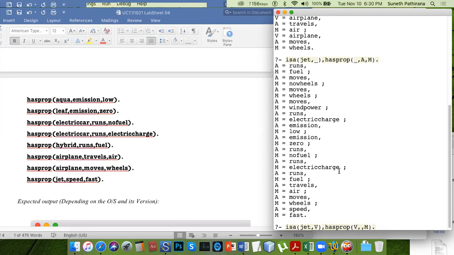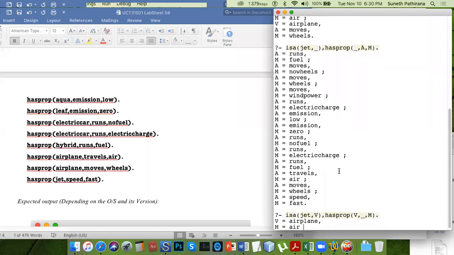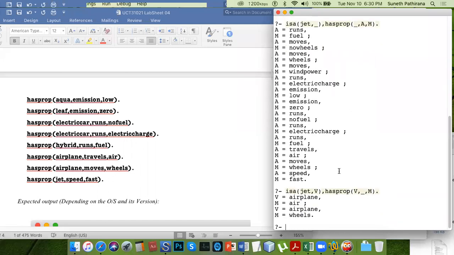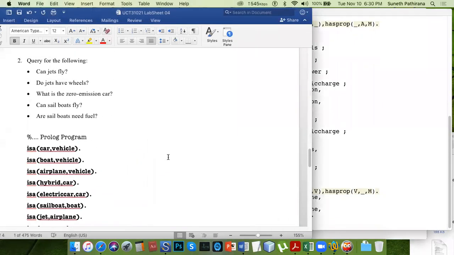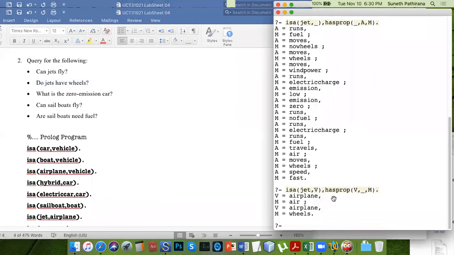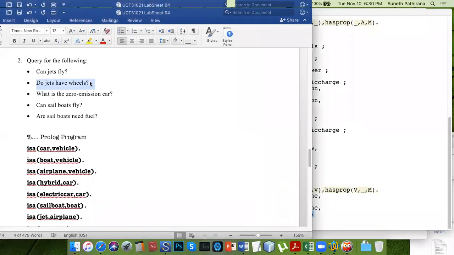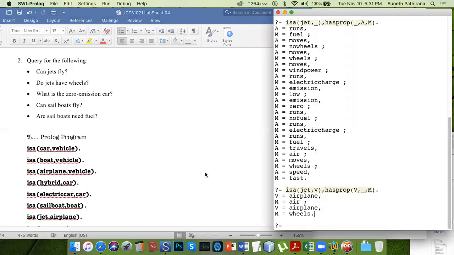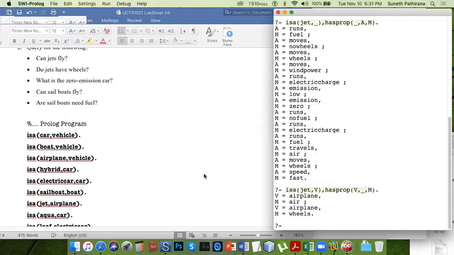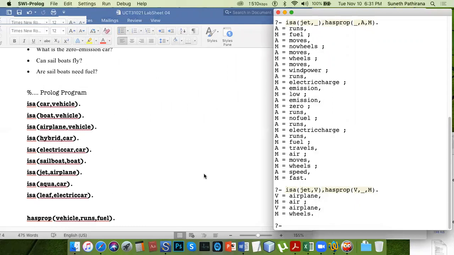So check whether we can skip the action. Airplane, medium air. Airplane, medium wheels. We don't need the action. We can skip that. So what is the other question? Do jets have wheels? I think we have already found the answer. Jets have wheels. We have just found the answer for the second question. What is the zero emission car? Zero emission car.